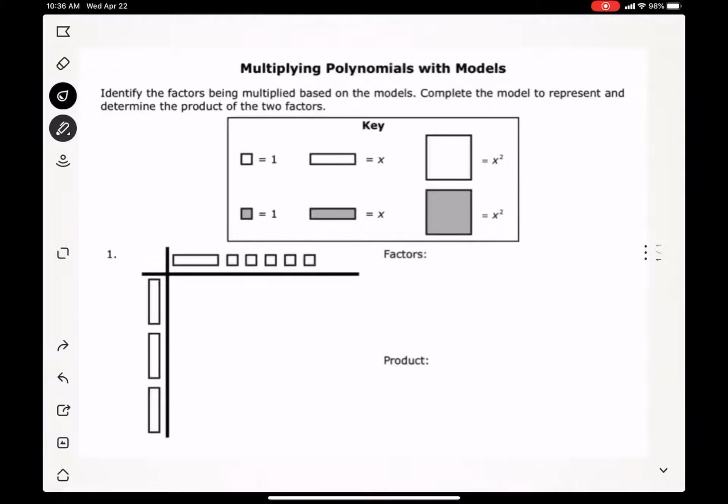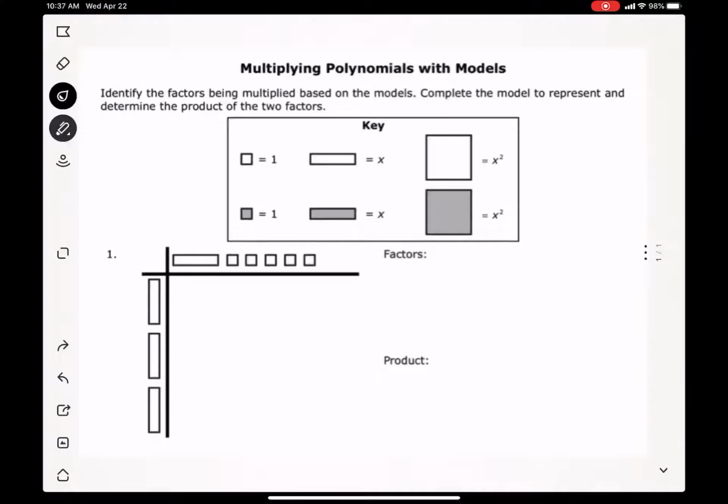I just wanted to go over this week's warm-up. It's week 5 of our online learning, distance learning unit. Last week we worked on multiplying polynomials and, more importantly, multiplying binomials, bi meaning two. So two different terms, either in parentheses or two different terms. This week I'm going to show you the box method,